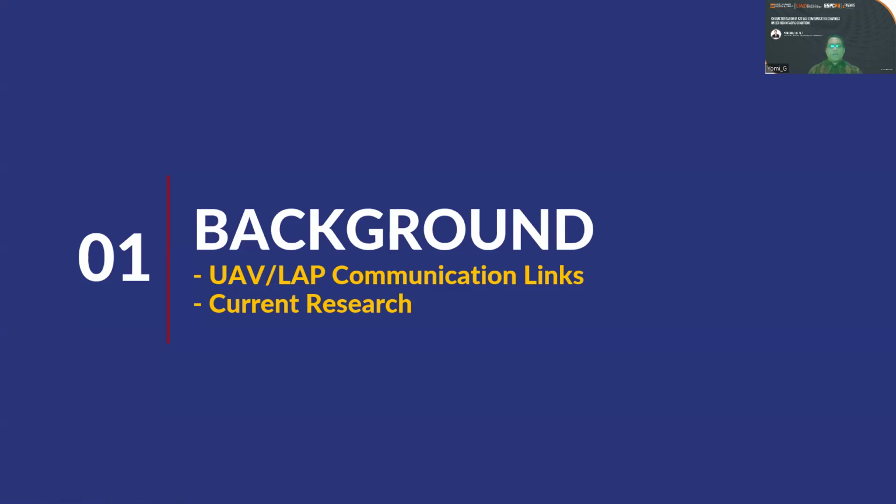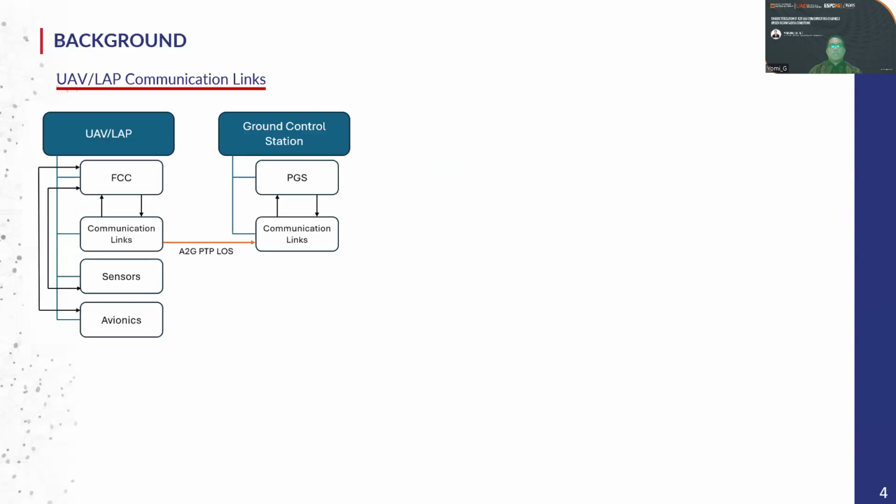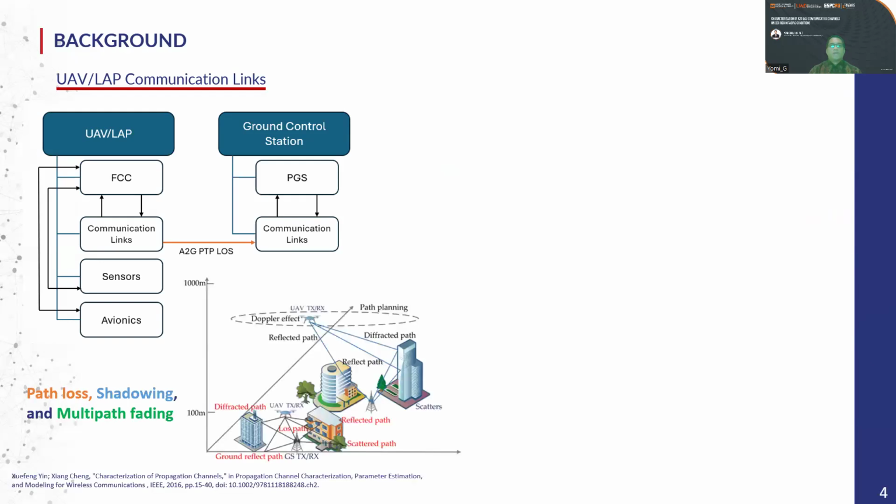Next slide, background, UAV A2G communication link, current research. The diagram illustrates the communication link between the UAV and the ground control station. The UAV is equipped with several subsystems, such as the OCC, which manages communication link, sensor, and avionics. All these components connect through a communication channel to the GCS, or air-to-ground point-to-point line of sight communication. UAV communication often faces several challenges, such as path loss, shadowing, and multipath fading, which can lead to a degradation